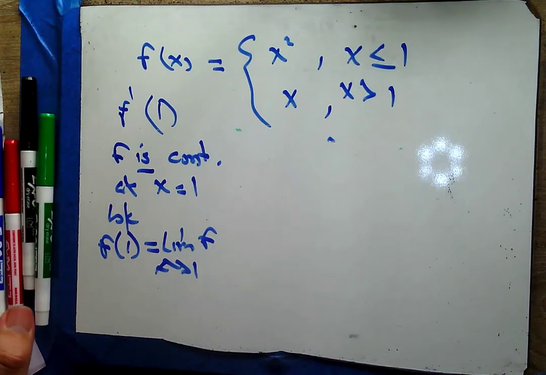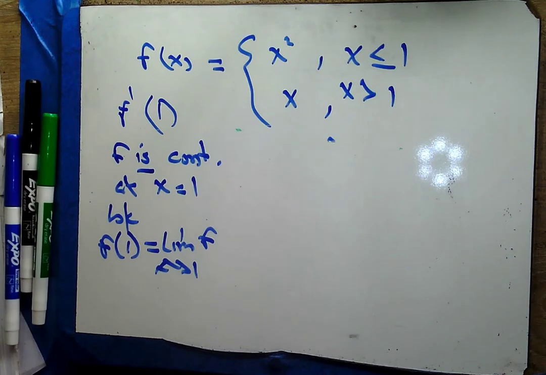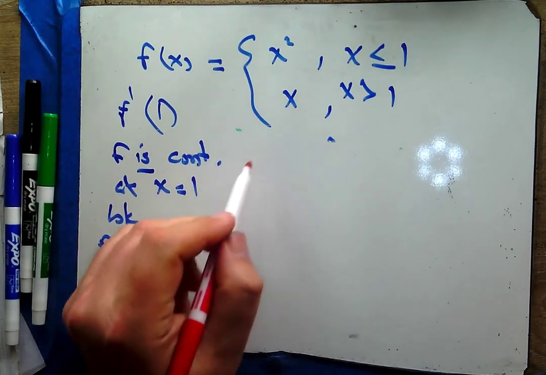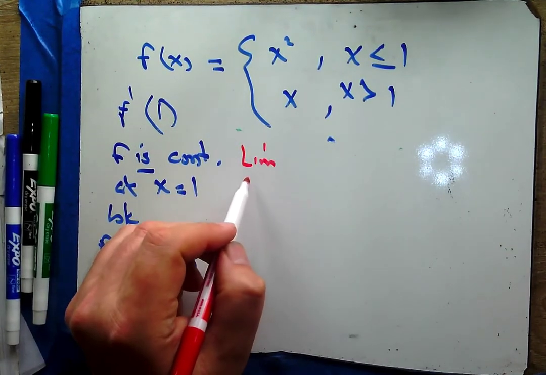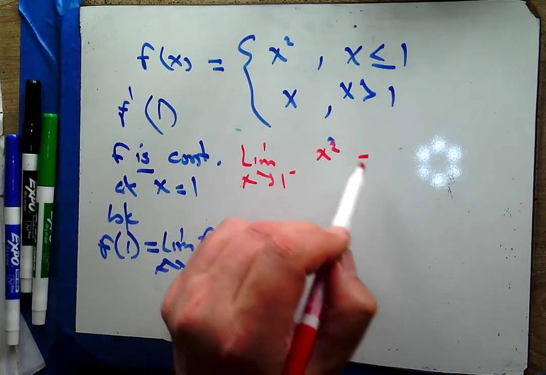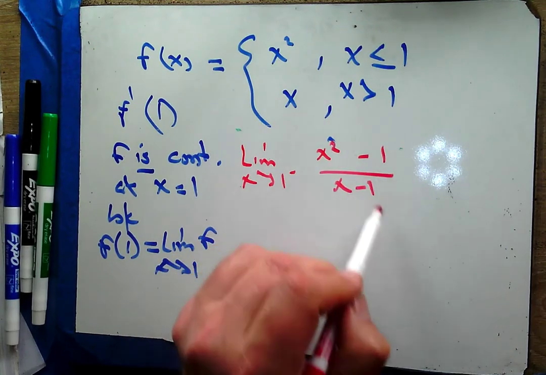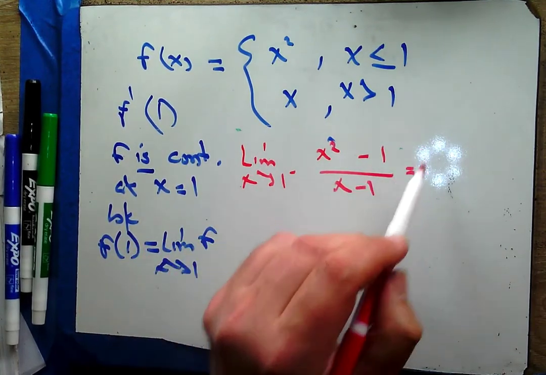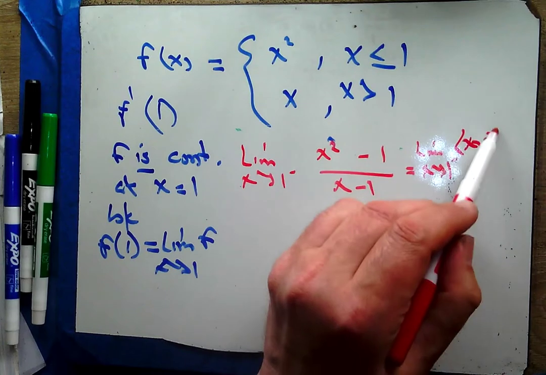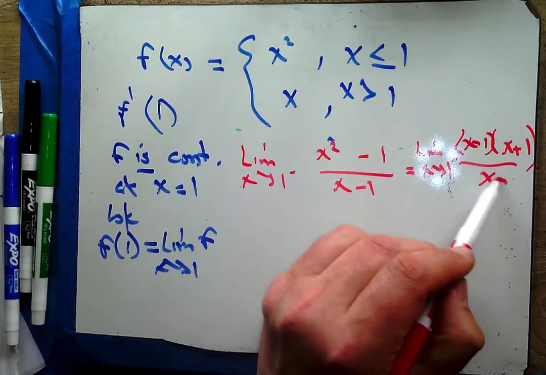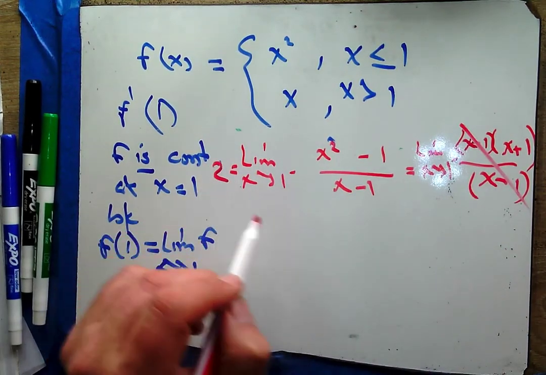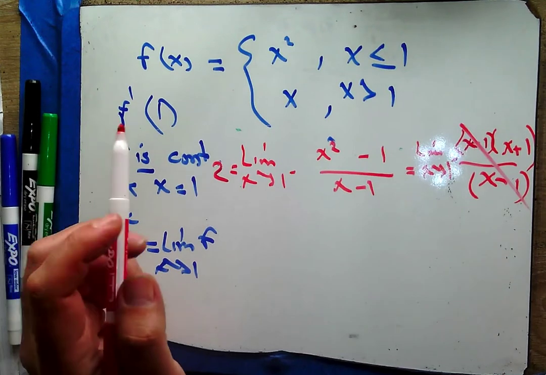All right, so what's the other requirement? Well, the other requirement is to talk about the limit of the slopes. So if I do the limit as x heads to 1 from the negative side of f of x minus f of 1 over x minus 1, this is going to be the limit as x approaches 1 from the negative side, x minus 1 times x plus 1 over x minus 1, those cancel, I plug in my 1, and I get 2. So I know the slope on the left side is 2,